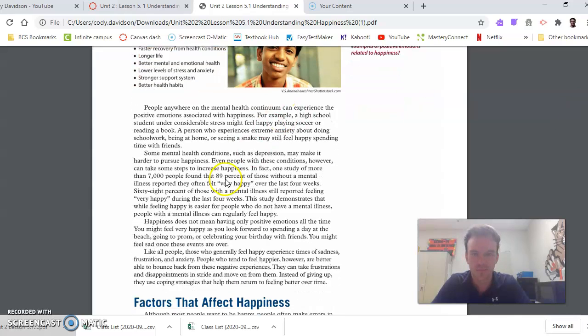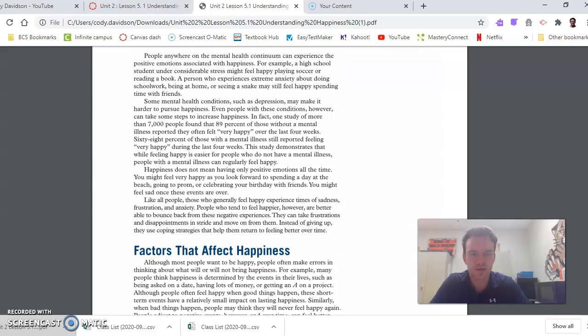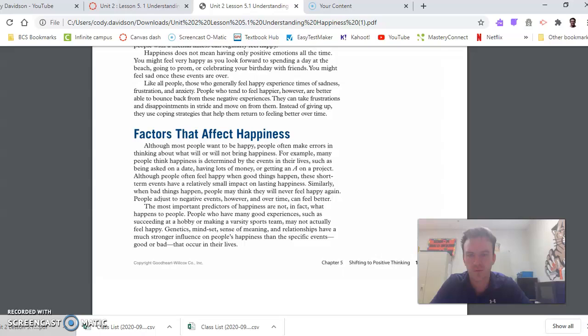Moving down, it doesn't necessarily mean it's constant if you're depressed. People with depression can obviously feel happy, and there are steps they can take that we'll go through here a little bit to become happier. If you're depressed, to not be cliche, it is not the end of the world. There are things that you can do to feel satisfaction more often, more frequently.